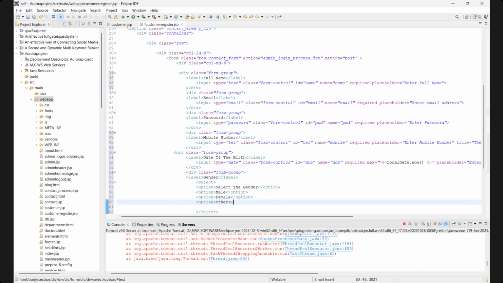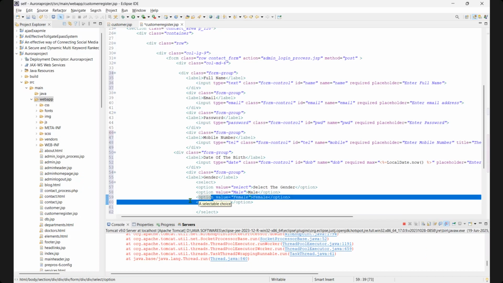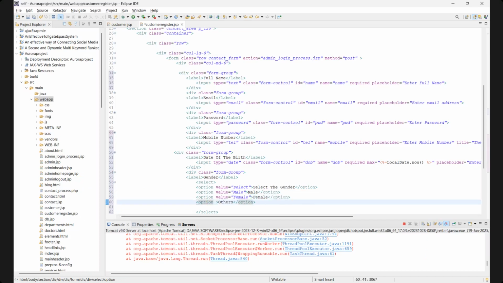Option others, okay. So we need to give the values for each and every option. First I'm giving the value as select. Why I'm giving select, I will explain to you. When the user selects male, the value has to be stored as male in the database, so I'm taking value equals to male, and here let me take value equals to female, and here value equals to